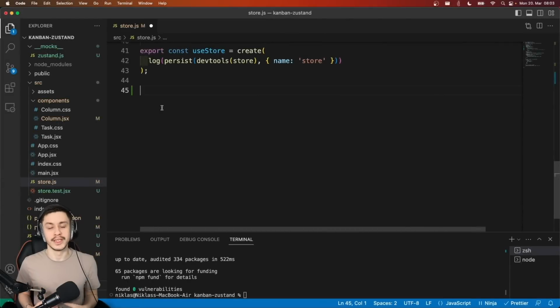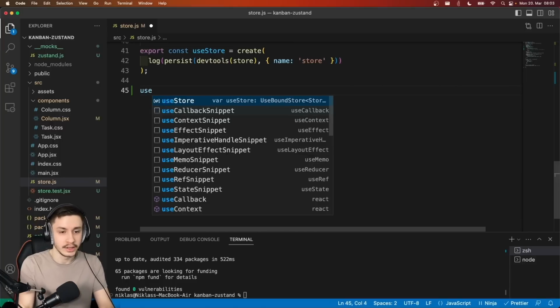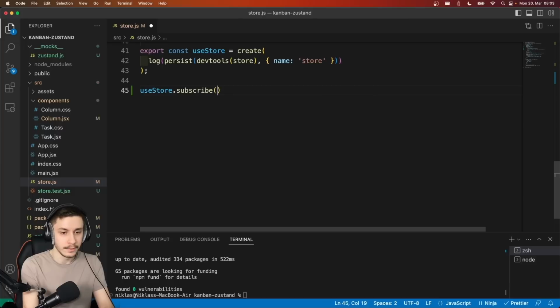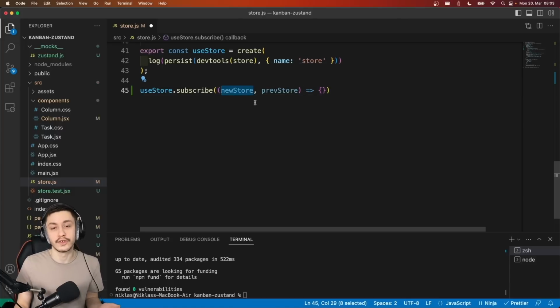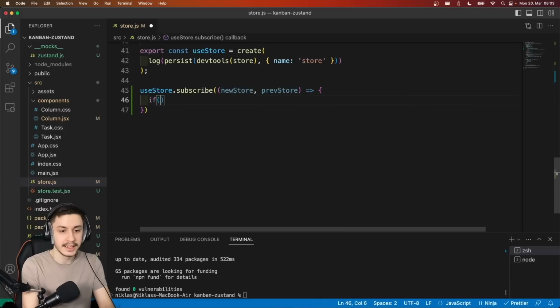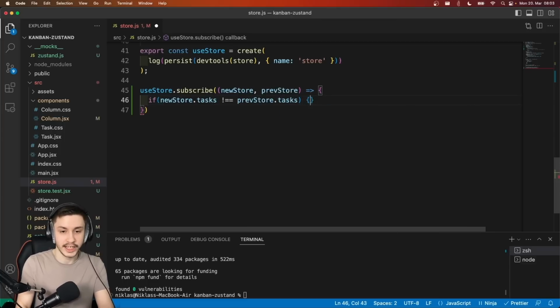And one more really cool thing we can do is basically react to state updates without needing any React. So we can basically create our own little use effect only using the store. And the way that that works is we can say useStore.subscribe, and this subscribe basically takes in a callback that takes our new store as the first parameter and the previous value of our store as the second parameter. And then we can do something like if new store.tasks is unequal to previous store.tasks. So if our tasks changed in this update to our state, then we want to say